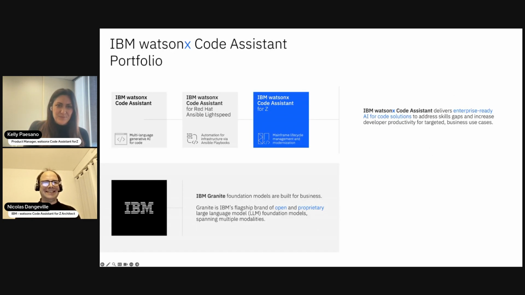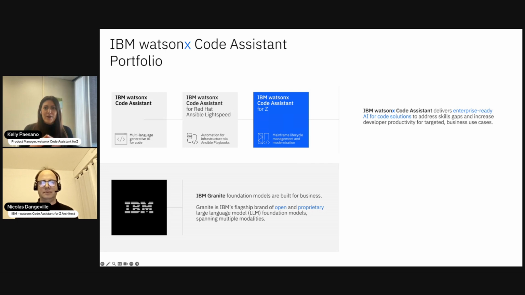All right. So just stepping back for a moment, today's Tech Exchange track is all about AI assistants and agents. So where do we fit into that picture? IBM watsonx Code Assistant for Z is part of our overall watsonx Code Assistant portfolio.